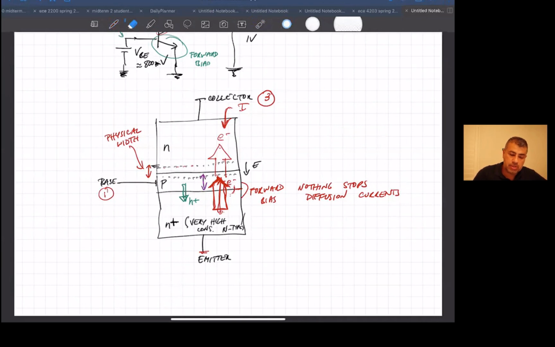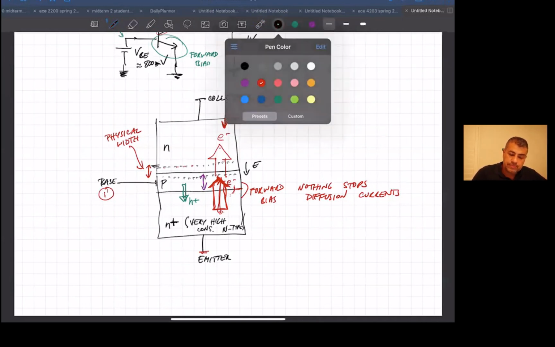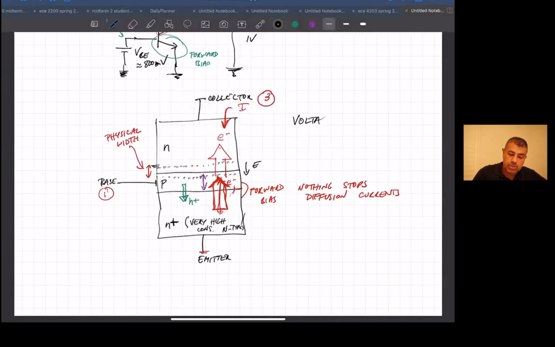Let's write it properly. Sorry, guys. So we want a voltage controlled current source. Okay, so the controlling voltage is the base-emitter voltage. And if the collector-base junction is reverse biased, then the current source is from the emitter to the collector. Okay, so we end up with our